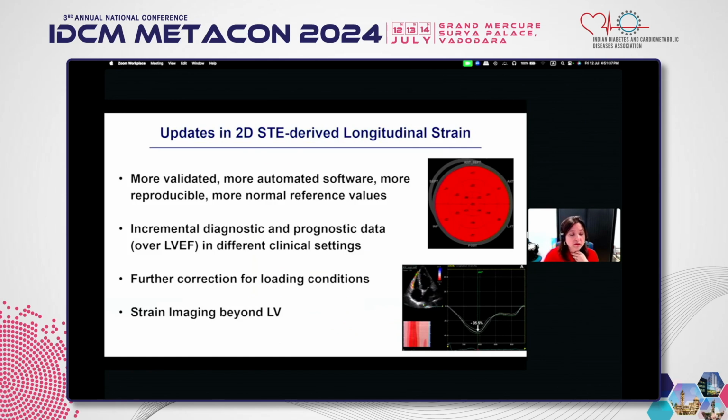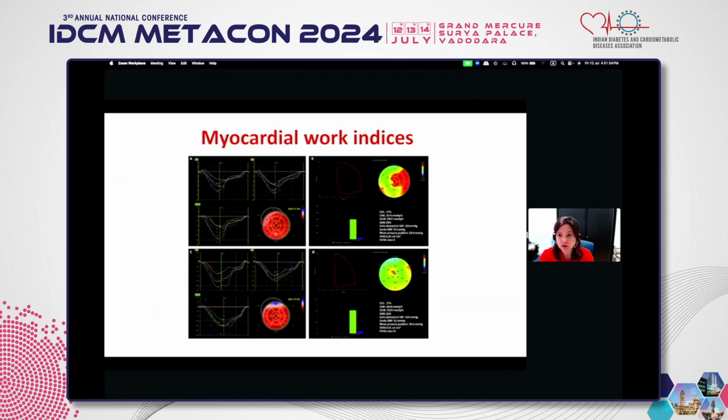Finally, if we go a little bit further, I wanted to update on the fact that these measurements might need correction for loading condition, because it is loading dependent, although the ejection fraction is much more. And there's been some proposal on how to further optimize the measurement of strain with the afterload, the so-called myocardial work indices, where indeed adding to the GLS the measurement of the brachial pressure, which is actually the afterload of the left ventricle, would better reflect the left ventricular end systolic pressure, and therefore also correct the measurements of